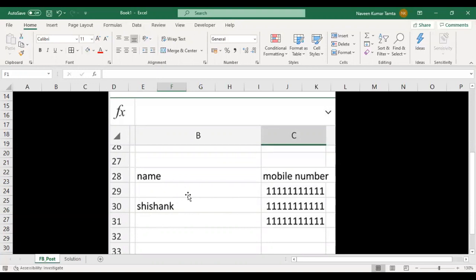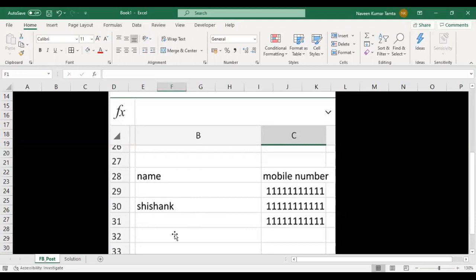Here in rows 29 and 31, these are my duplicate entries. So he wants to delete these duplicate numbers and keep this one, which is given against the name Shashank.